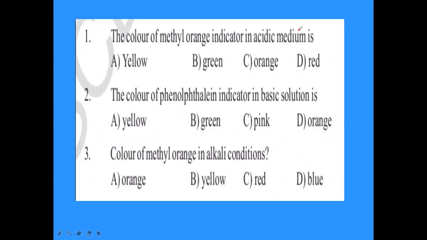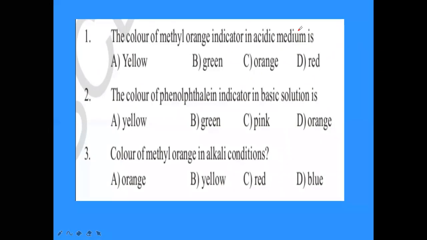Remember, that will be highly useful to you for scoring good marks in state board as well as some MSET level bits. What are the books here? ICSE books and CBSE books, class 9, class 10. Class 10 is better, so buy class 10 books. In class 10, there is a lesson called acids, bases, and salts in CBSE and ICSE. Go through the 10th class books also so that you can get good knowledge.